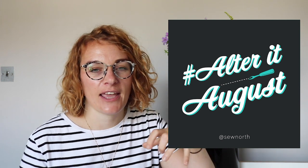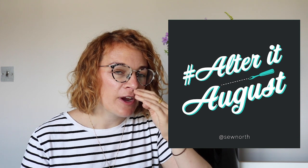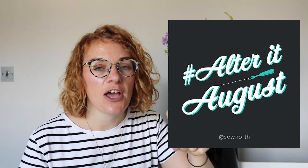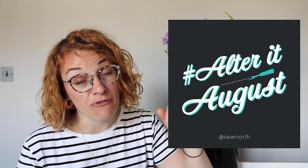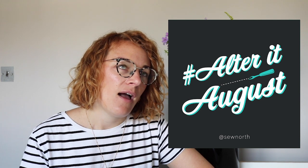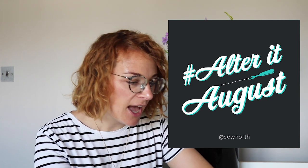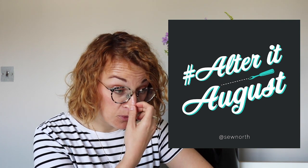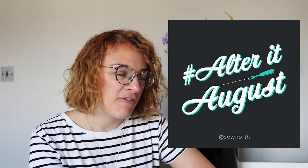So this is, again, going back to sustainable sewing: altering clothes that you already own or handmade items that you've already got that don't fit you anymore, if you've changed shape or whatever. And yeah, I thought it was quite a nice idea. The hashtag is Alter It August, and I thought this might be a fun thing to